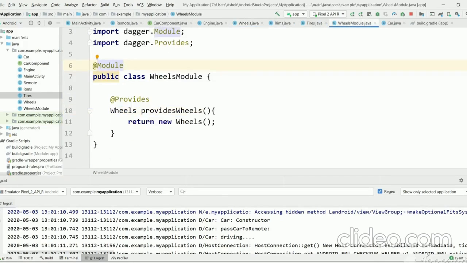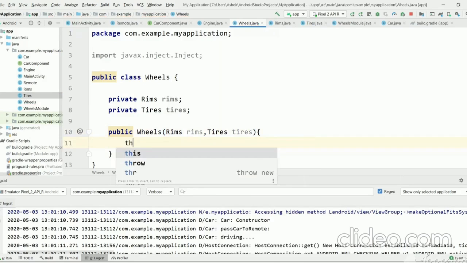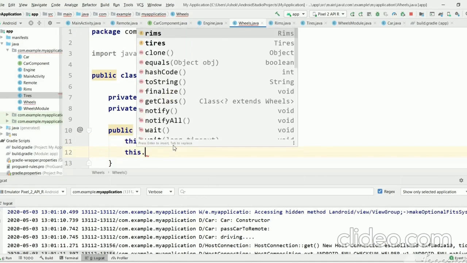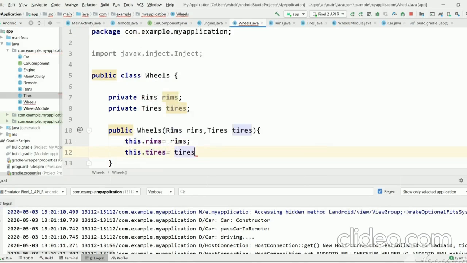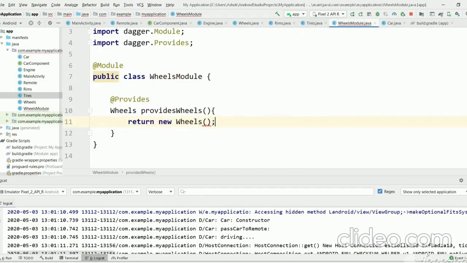In WheelsModule, let's say the Wheels constructor takes Rims and Tires as arguments. If you want to create a Wheels object, first we need to provide the Rims object and Tires object which are used by Wheels.